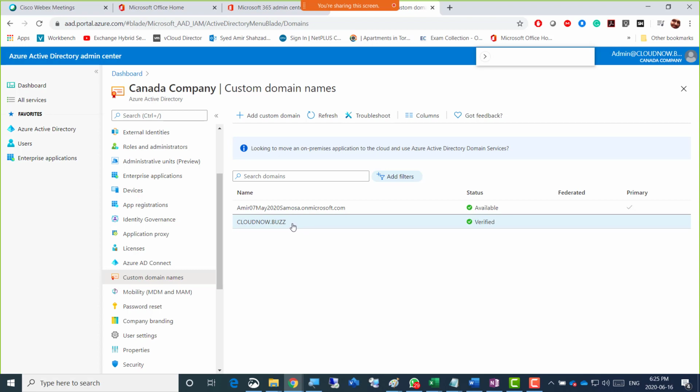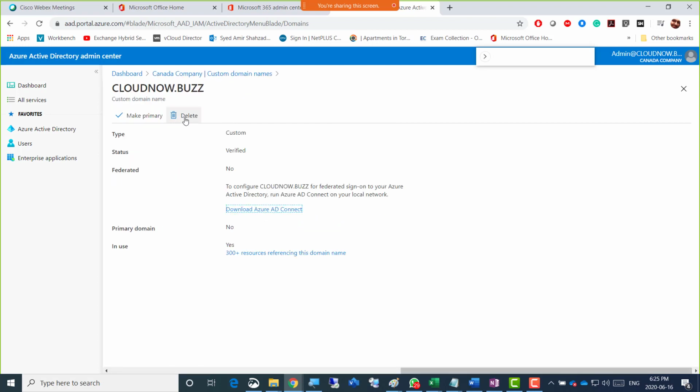and also where we actually added it from, we can remove it from there as well. So if I click that from Azure Active Directory, there's a delete button here as well. So in both cases, whichever you want to choose, then it's going to go for that, right? So it's going to show you that.